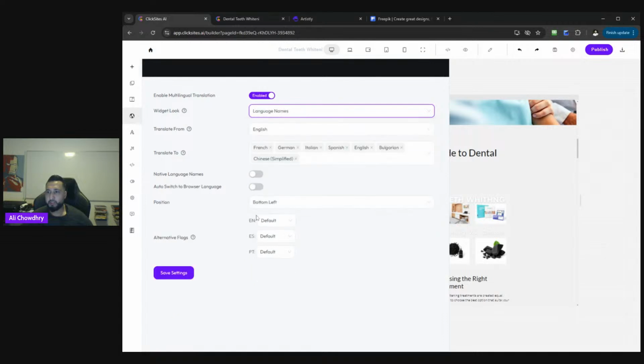Language names, okay? Let's put it in language names. Translate from, okay, that's fine. Native language names. And this is the key thing. Look, check this out. Auto switch to browser language. So if somebody opens this in France, it automatically adjusts to their language, and they don't need to click that button. Okay, so if I save it,